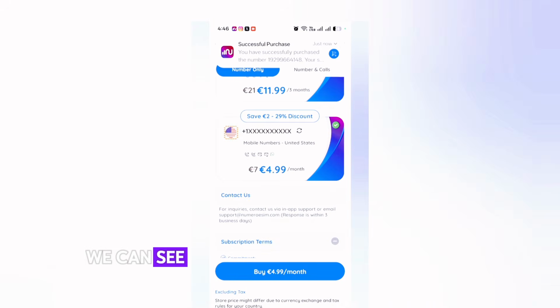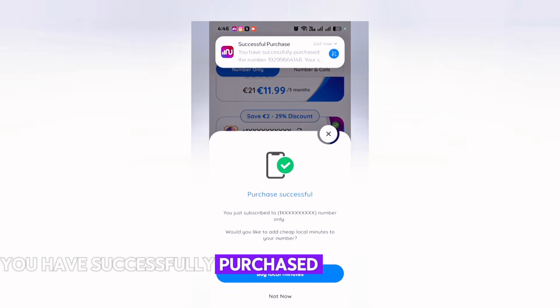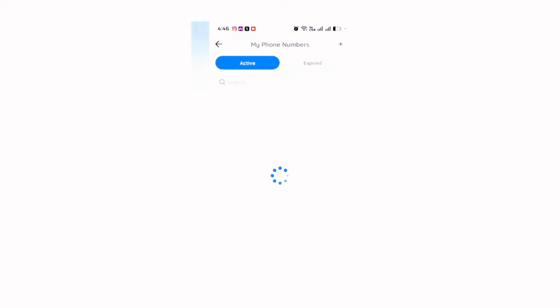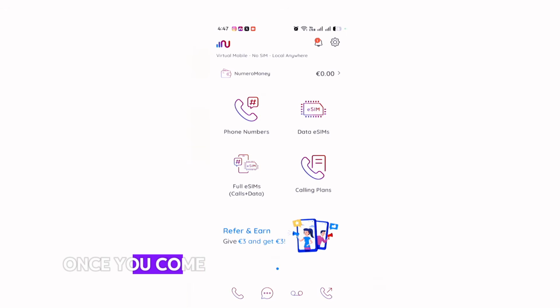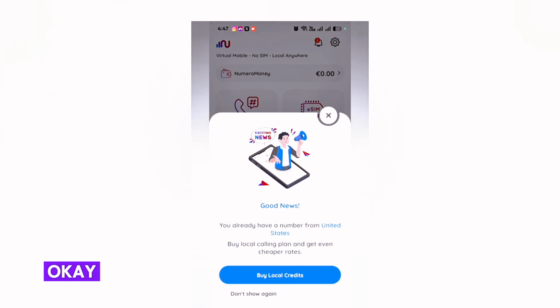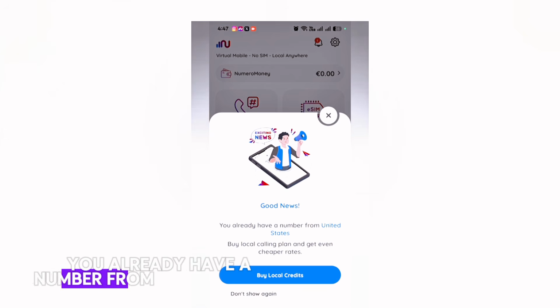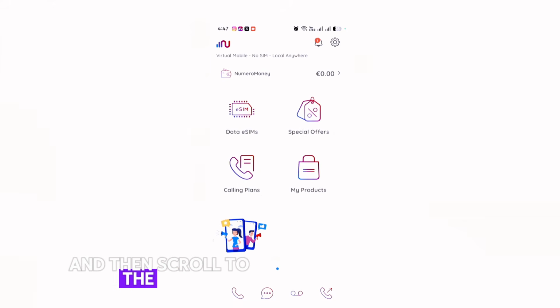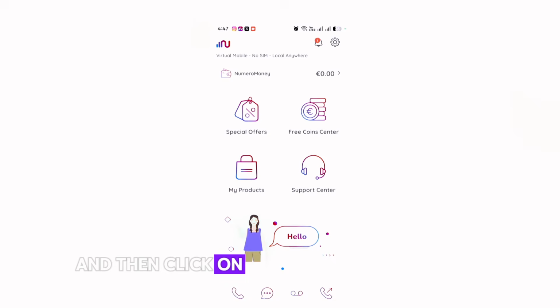So you can see they just sent me a message. You have successfully purchased the number. Okay, so just cancel. And once you come back, it says good news. You already have a number from United States. Just cancel. So just come back to this interface and then scroll to the left and then click on my